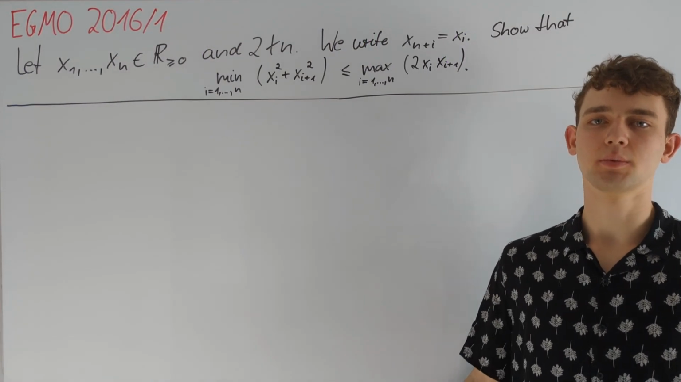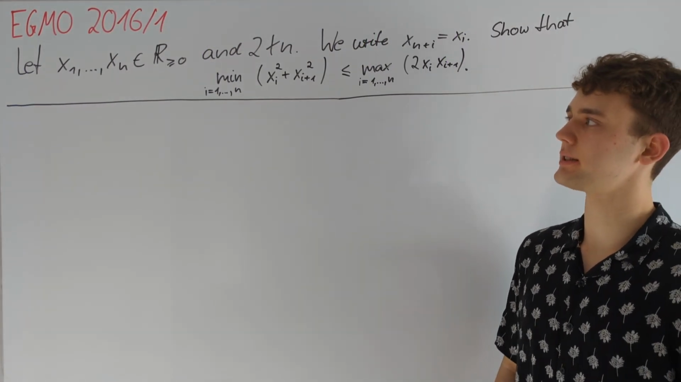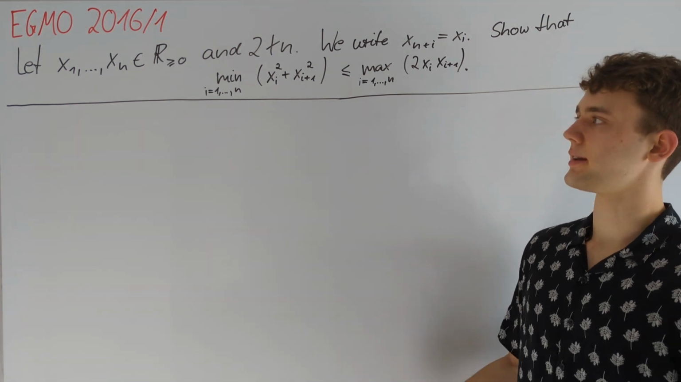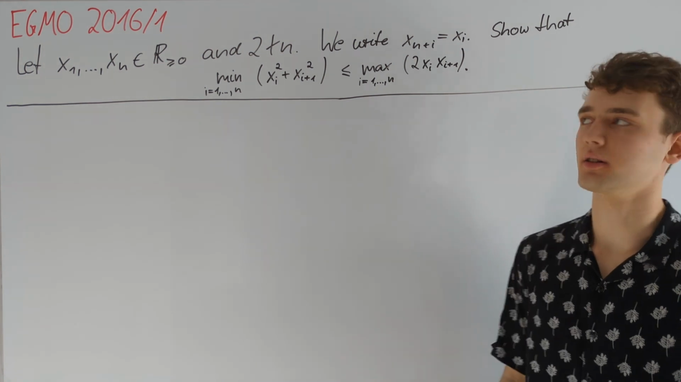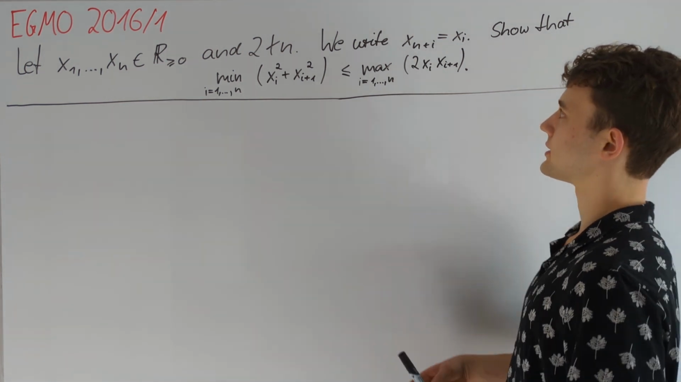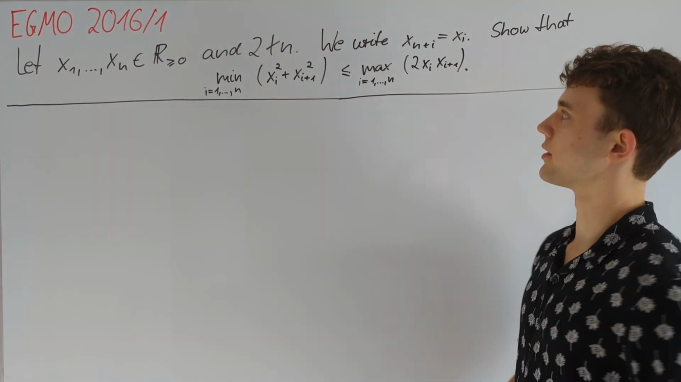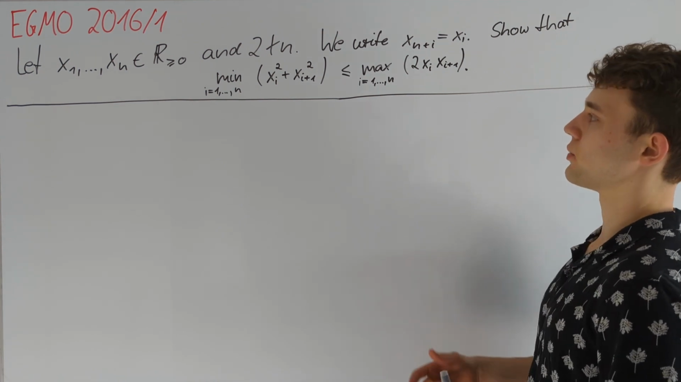Hey guys, today I will present a solution to EGMO 2016 problem 1. Let x_1 up to x_n be non-negative real numbers such that n is odd. We write x_{n+i} = x_i for the sake of notation, and now we are asked to